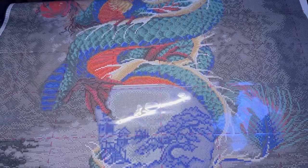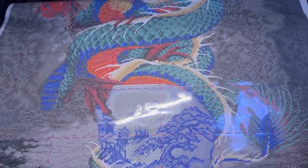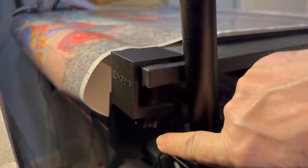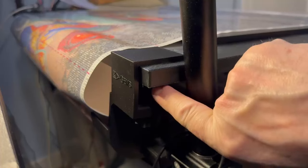And now you can see what I'm working on, or part of what I'm working on. So that is revealed. I've got a light pad that is actually a bit wider than what you can see, and the canvas is over that. Now I want to show you what's at the back. So this is looking at the back of the table, and you can see the clamp here, and that is the screw. So it's clamped up onto the table,